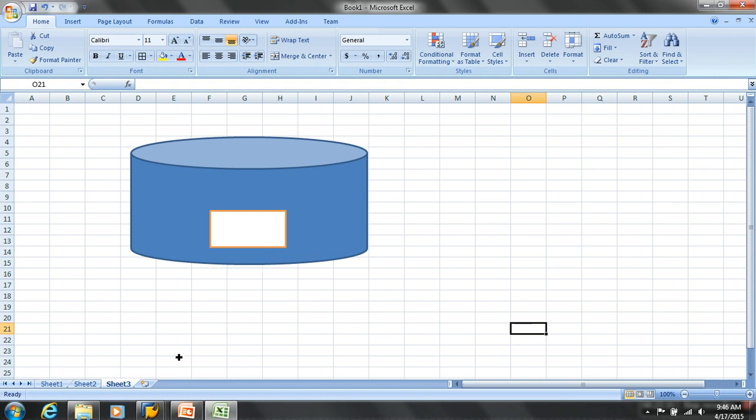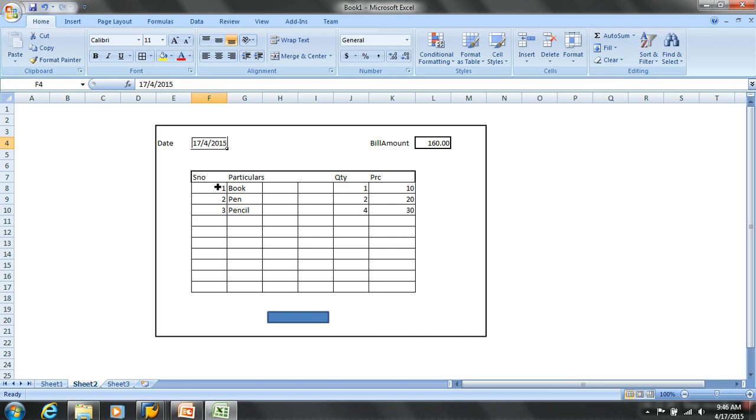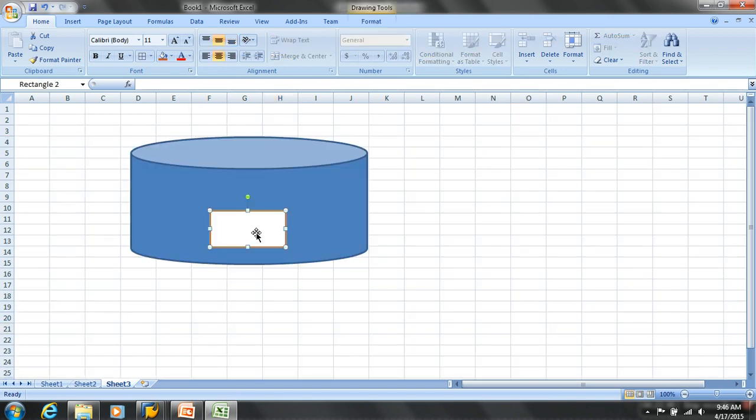When she clicks the save button, it will collect all the details like the date of the transaction, items, item description, quantity, price, and amount, and also maybe the customer mobile number. All those details will get saved into some table like that.